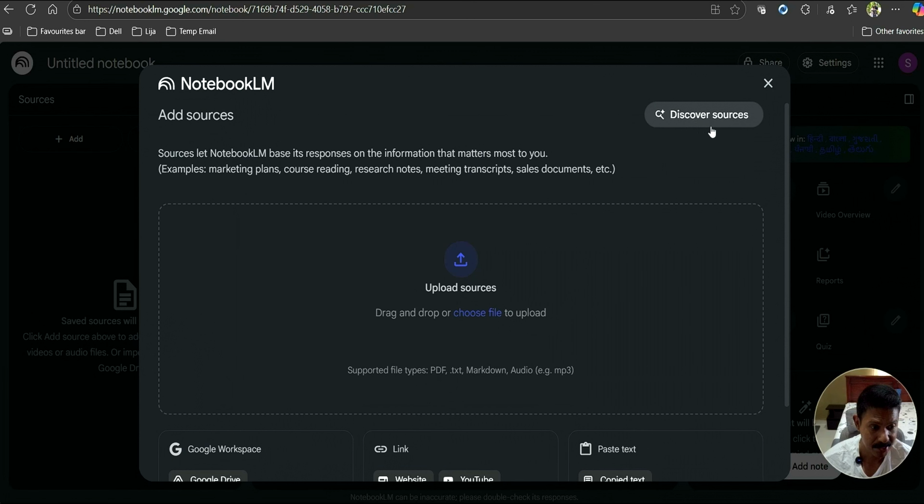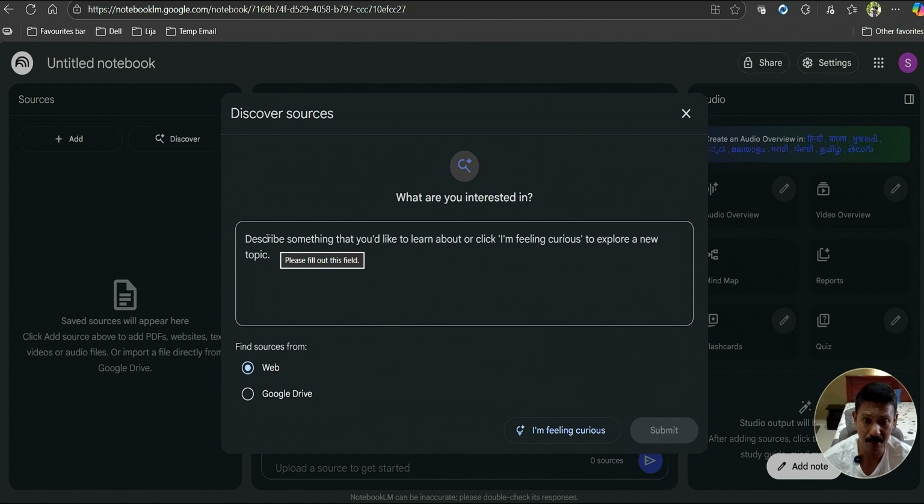One very interesting and powerful sub tool that NotebookLM has within its portfolio is discover sources. So for example, if you did not have any material ready to share with, or to create a notebook with, you could just click on discover sources, and you could just describe something that you wanted to find a source about. So for example,